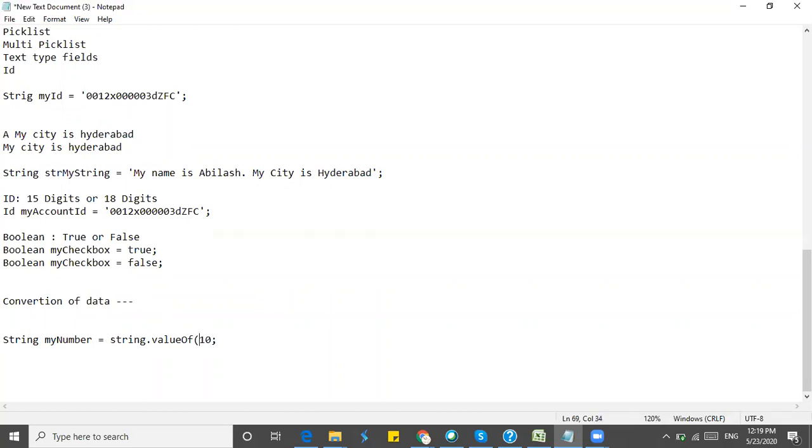So in this way, this is a number. We can convert this number into a string value and save it in the string data type. So if you have 10 in string format, let's say, if you give it in single quotes, then it's a string. So we have a string value. You can still convert it into integer.